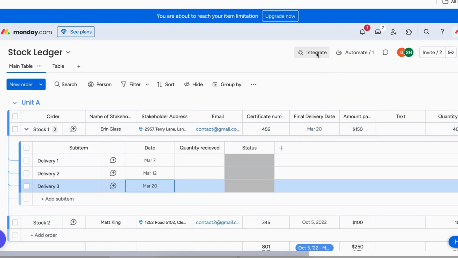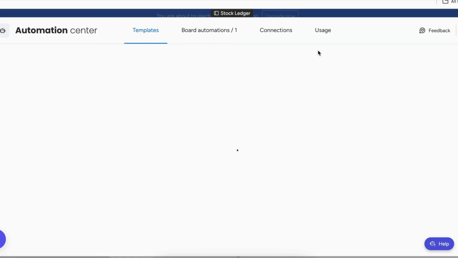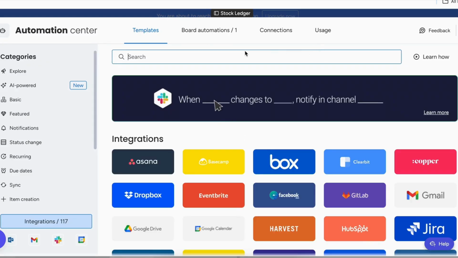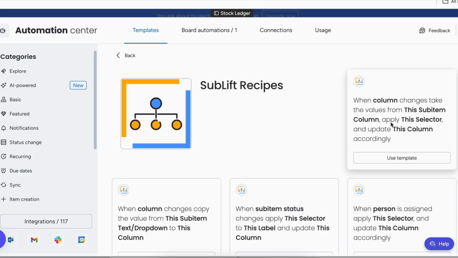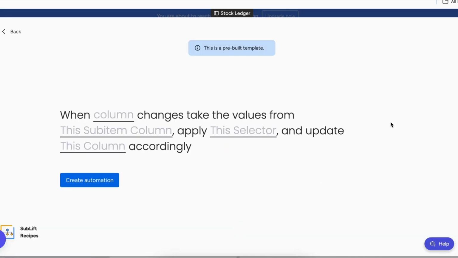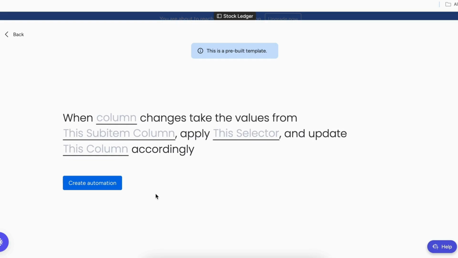Now let's go create another recipe for the quantity received. We'll type in SubLift. And we'll choose the first recipe. Now I'm going to create a second recipe that will reflect the overall quantity that has been received from the order. When the sub-item quantity received column is updated,